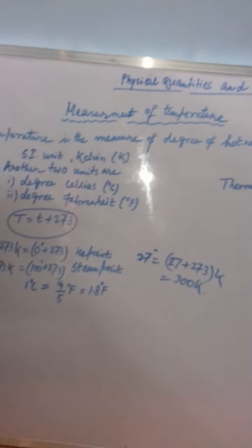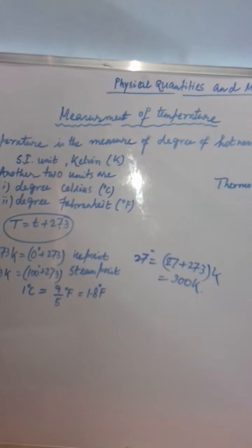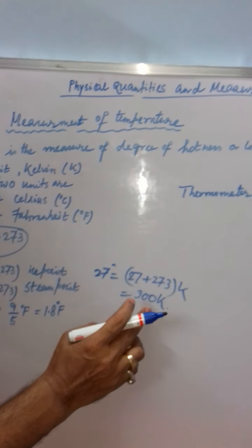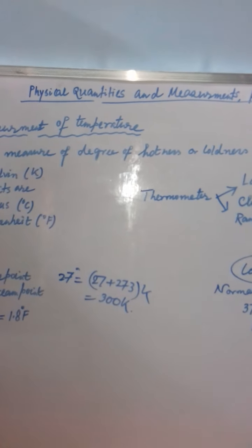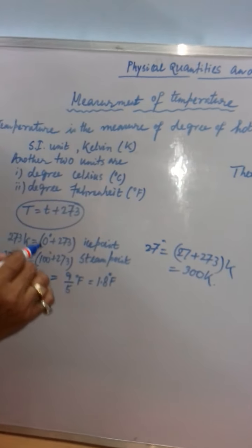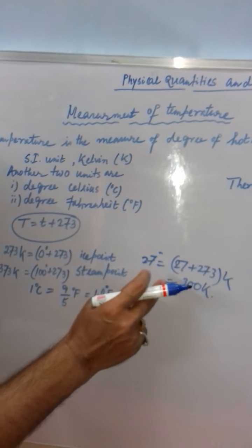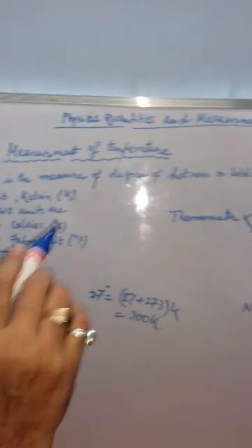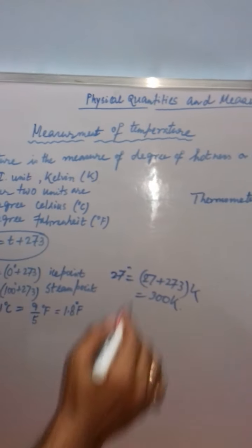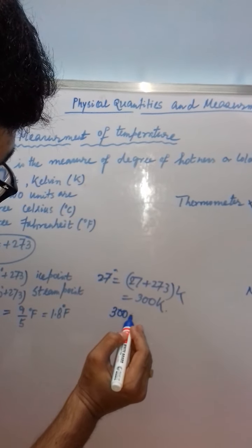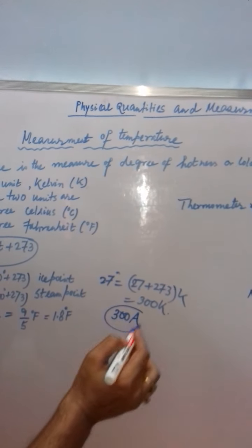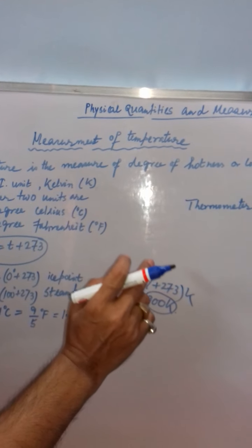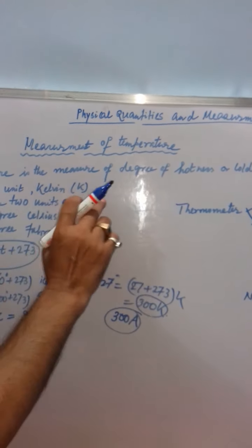Now you see that I am not giving the degree sign over here. Whenever you are expressing the temperature in the Kelvin scale or SI unit, there should be no degree symbol. But for degree Fahrenheit and degree centigrade, you have to give the degree sign. Whenever you express the temperature in the absolute scale or the Kelvin scale, there should be no degree sign. You may also express it as 300A. 300A and 300K are both the same. This A stands for the absolute scale. That means the temperature of that particular object is 300 Kelvin, that is in the Kelvin scale.